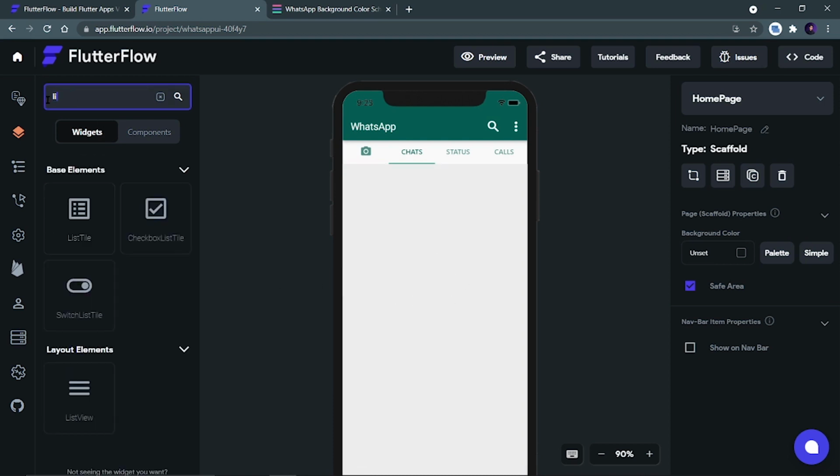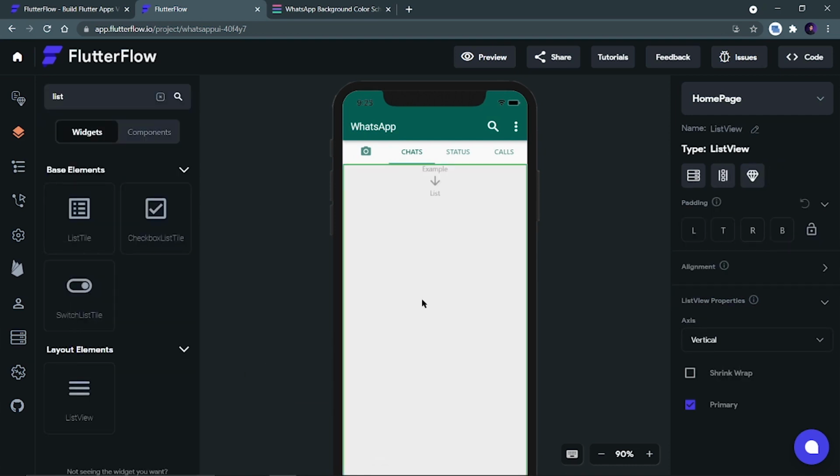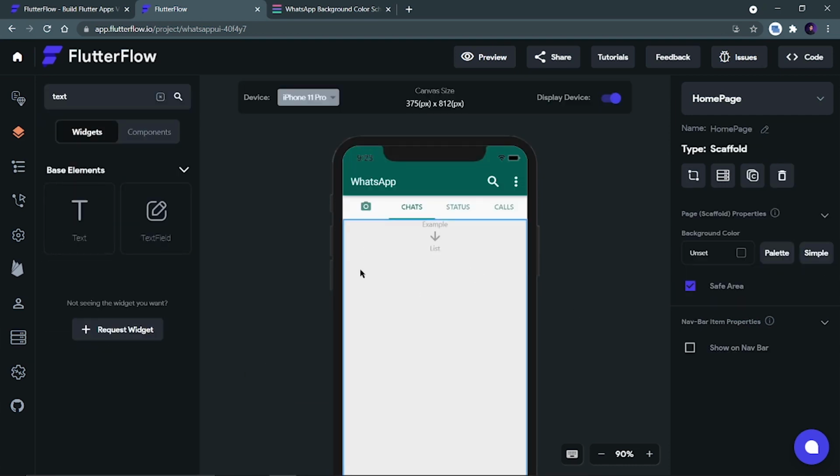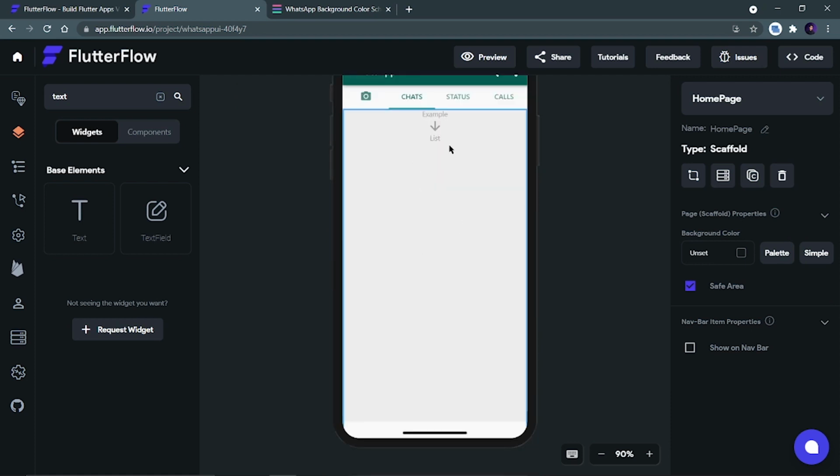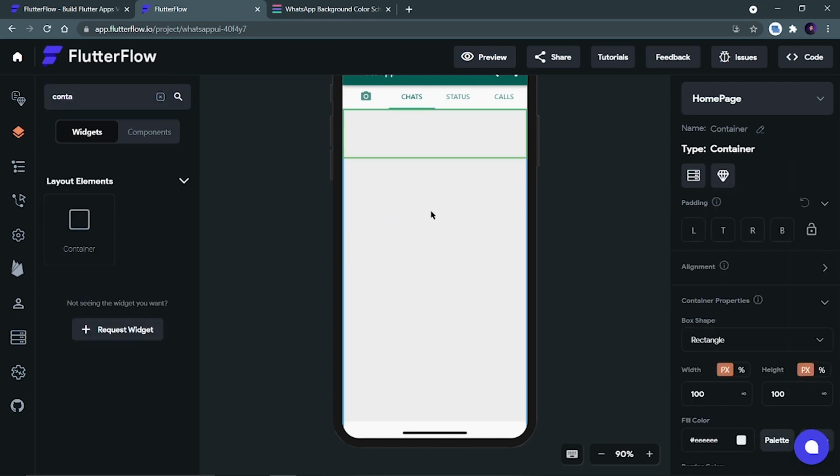Now inside this container, I want to add a list view. So I will search for a list view. Yes, and I will put that over here. Now I have added a list view. So now what I will do is I will add the containers. I will add one container and we will copy that container again and again. So I'll search for a container, put that inside this list view, and I want to keep the width as 100%, but the height I want to keep at 80, right? So you can see this is our container.